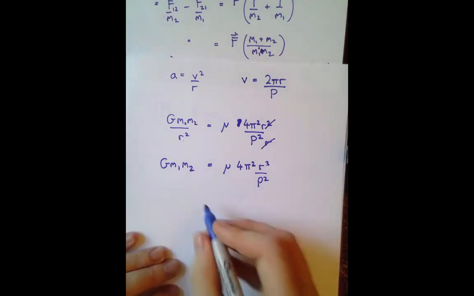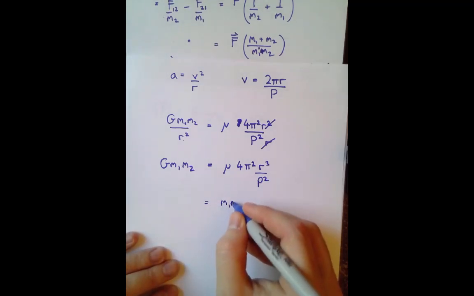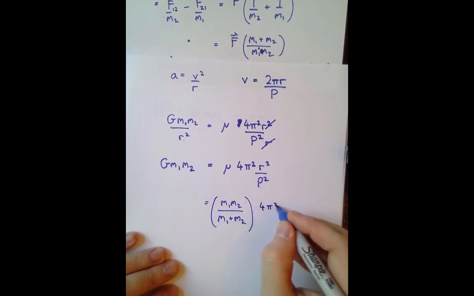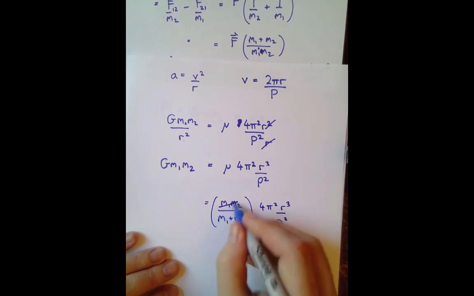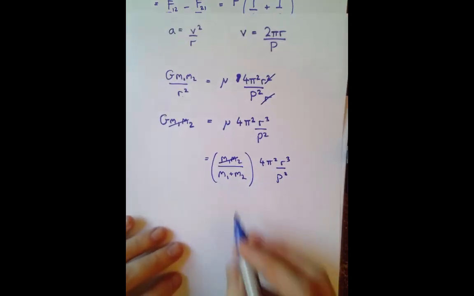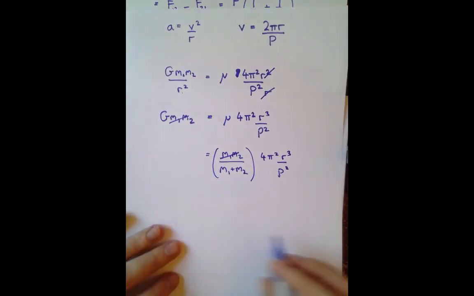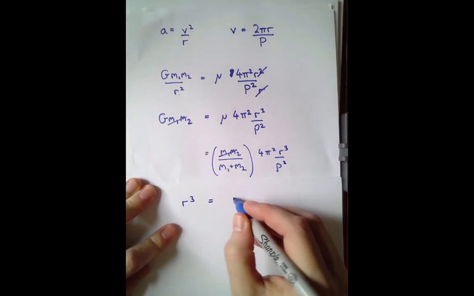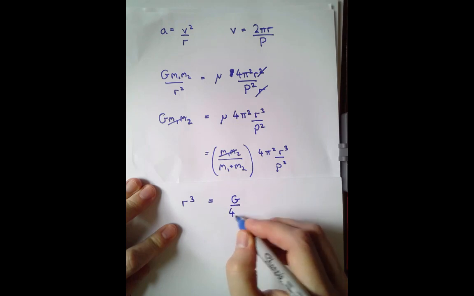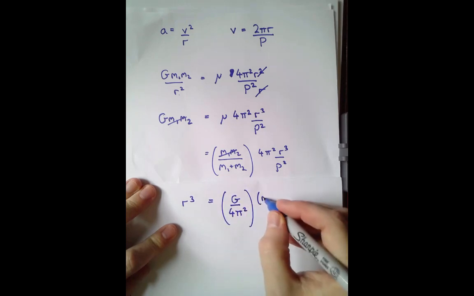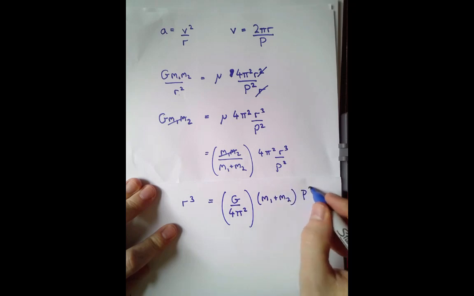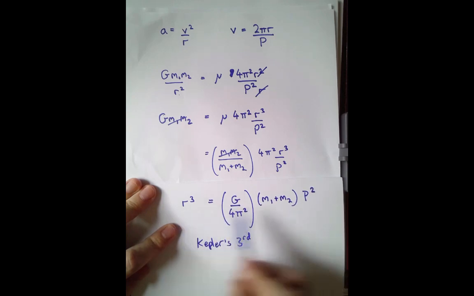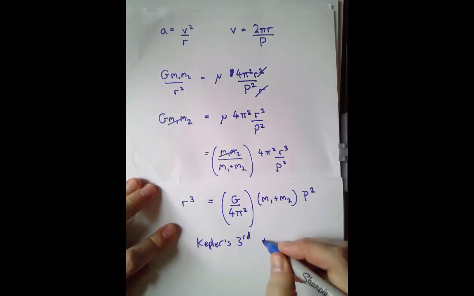Let's just complete this derivation. Mu is M1 M2 over M1 plus M2. So the product M1 M2 cancels on both sides. We can multiply by M1 plus M2 and divide by 4 pi squared. And we end up with r cubed is equal to big G over 4 pi squared times M1 plus M2 times P squared. This is Kepler's third law, in that r cubed is proportional to P squared,